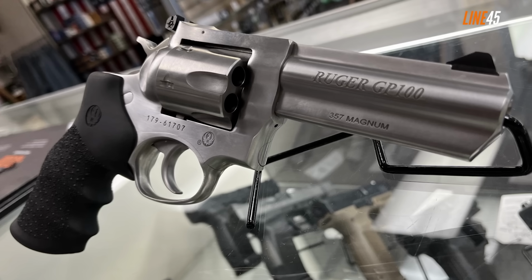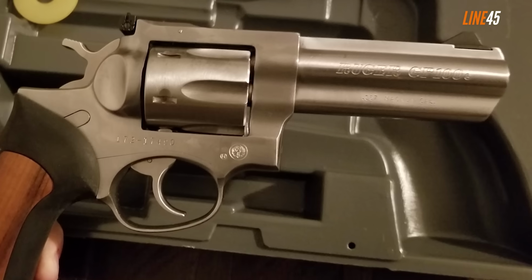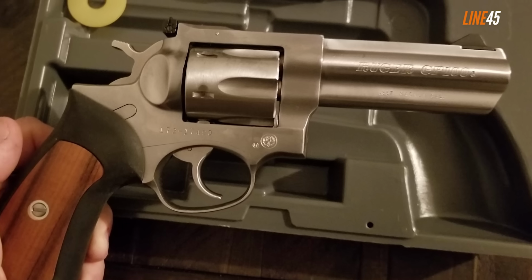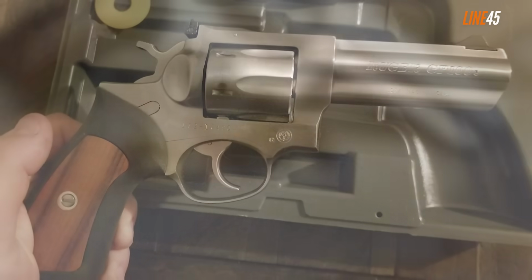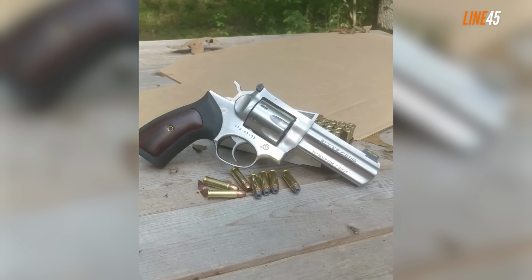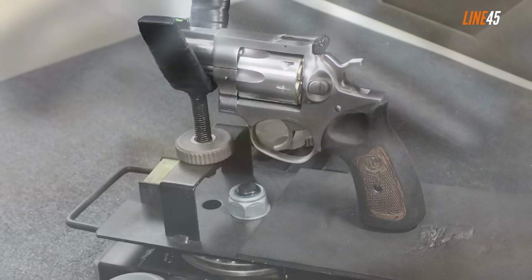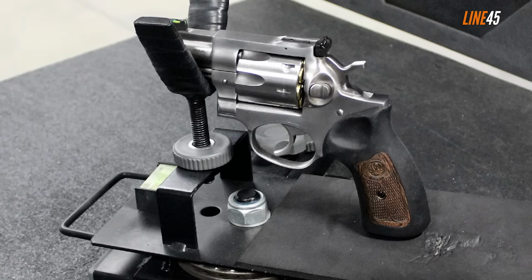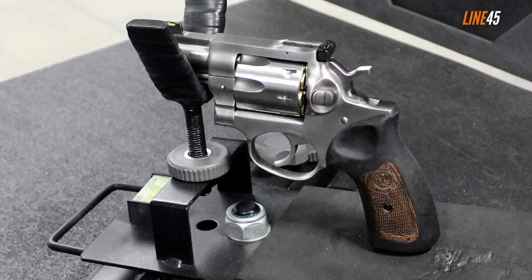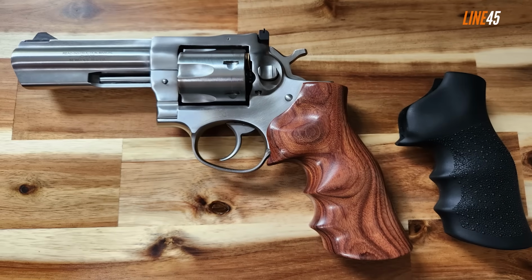In terms of build, the GP100 is available in both stainless steel and blued steel frame. Both are equally capable of soaking high-pressure rounds. Its grip has a cushioned insert, and this helps in the recoil absorption, which is extremely necessary since we are dealing with powerful magnum rounds here. Because of this, the GP100 is extremely comfortable to shoot, even with heavy loads. I am also a big fan of its triple locking cylinder since it's super stable and aids in the gun's